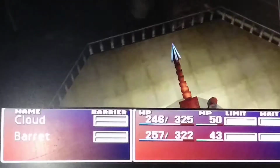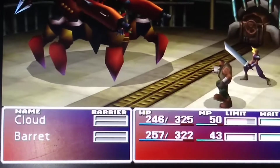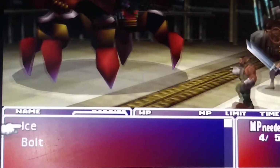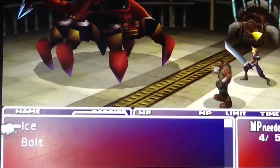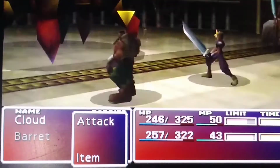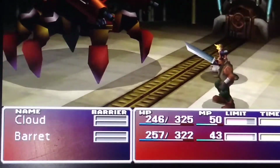So play both the original Final Fantasy VII and the 7 Remake. They're actually completely different games. But 7 Remake's more of a reboot and retelling of 7. But anyway, all that aside, if you want to play this game on the go,